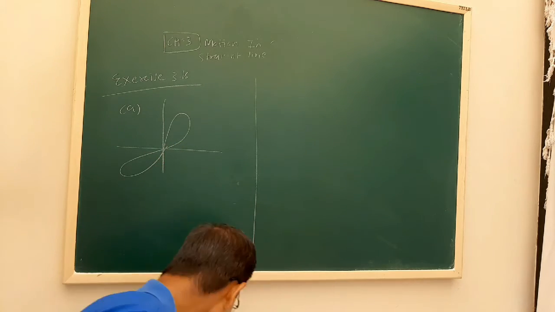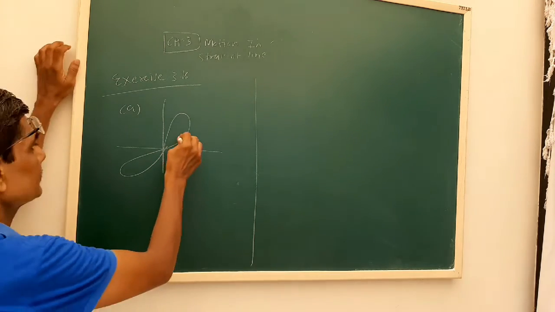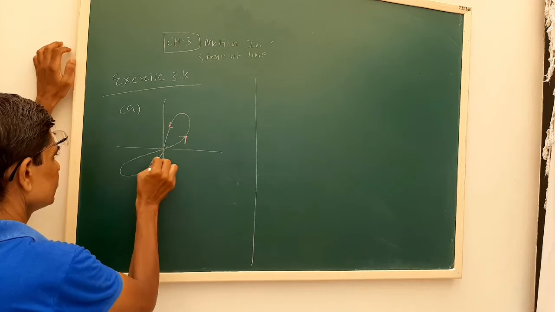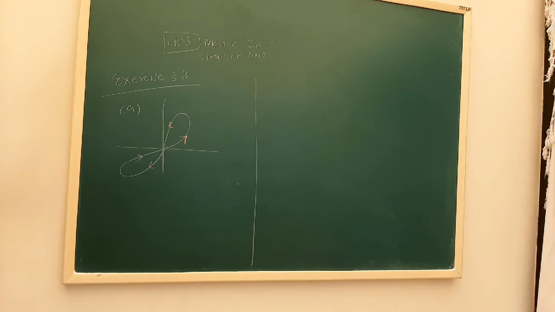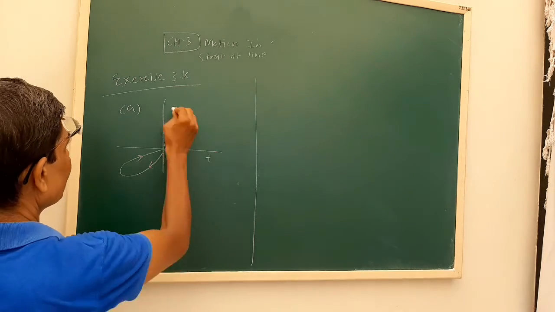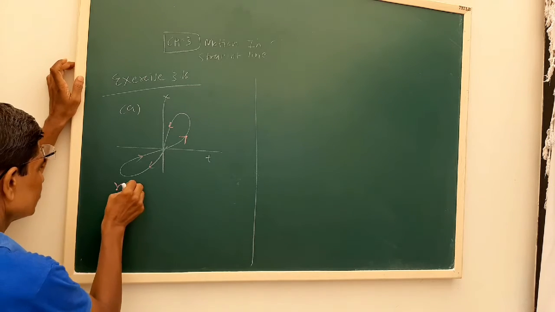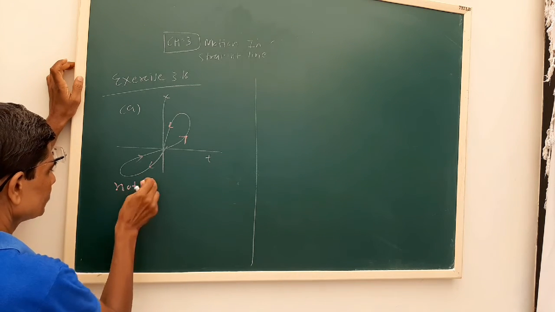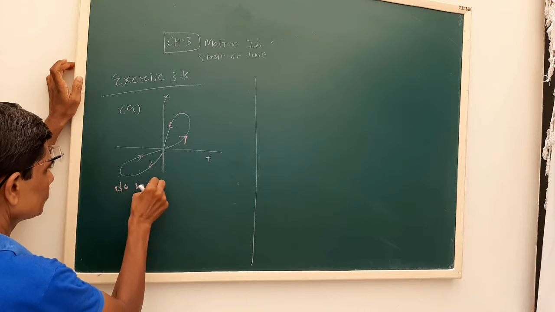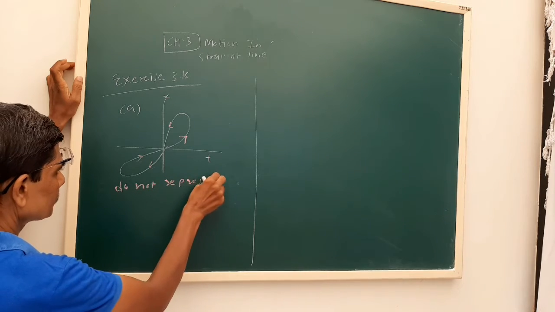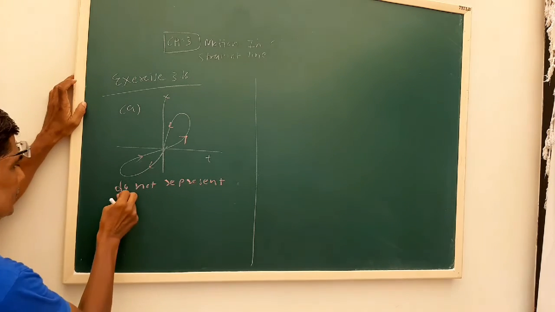Okay, now see, the graph will be like this. Now these do not represent an x versus t graph,